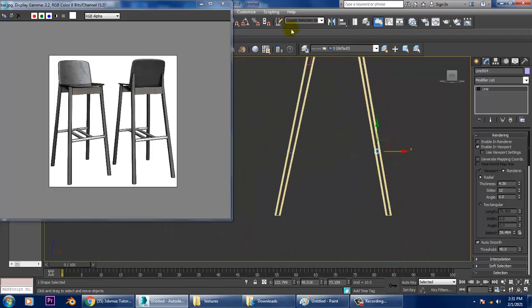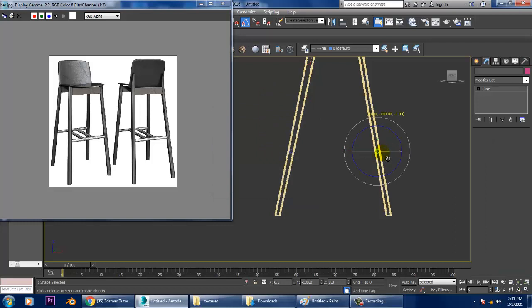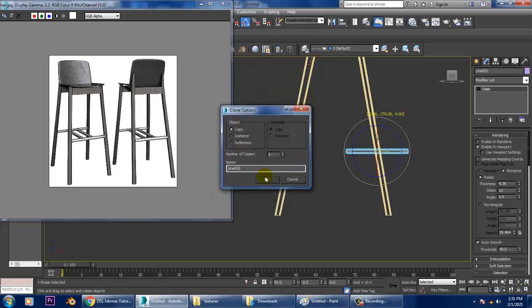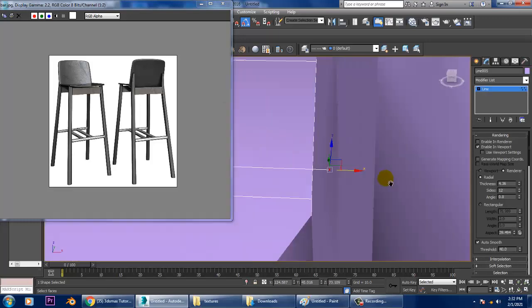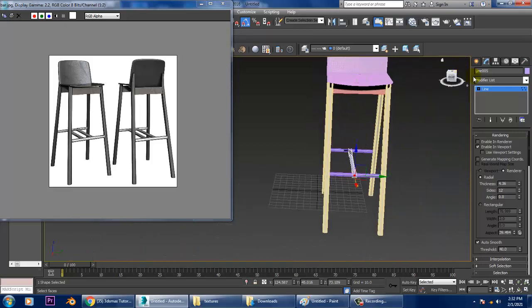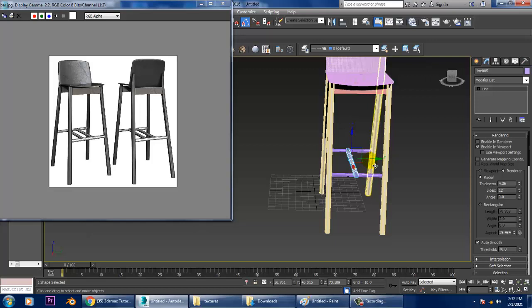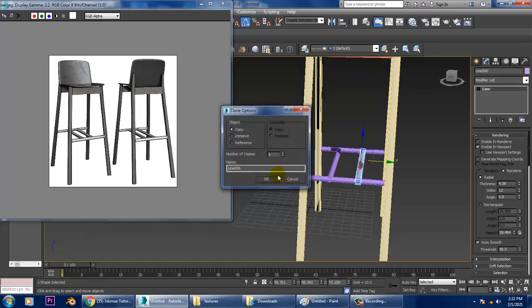I can go into this, rotate it 90 degrees and make a copy of it. Slightly push it till here, and just make a copy of it.